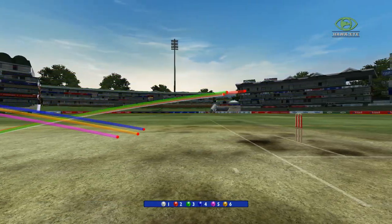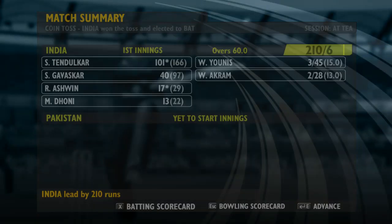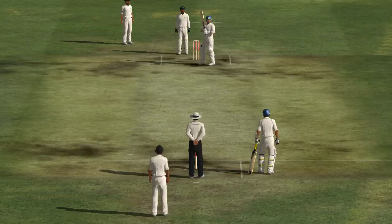We'll be right. The leg spinner to start a new